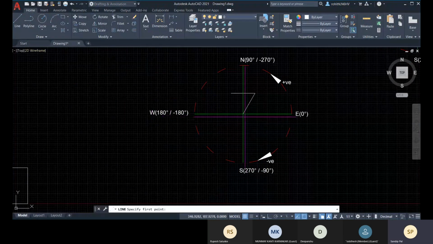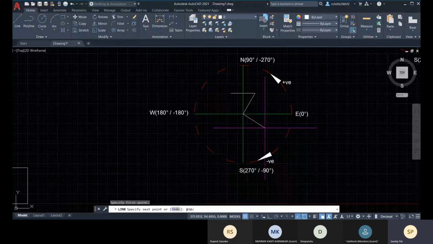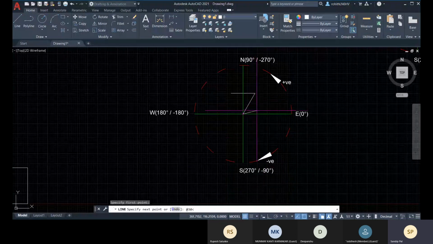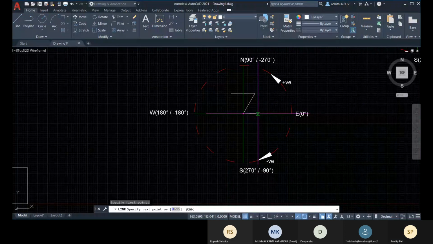So go for the line, start from it, and then at the rate value, and then 30, that is the distance, and then you have to specify the angle. So right now, what will be the angle? So you'll be maintaining 60° with this line, right?